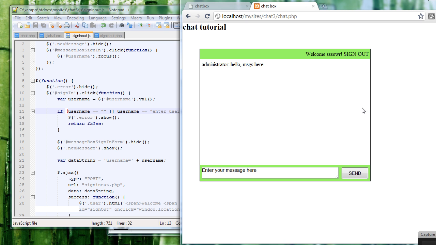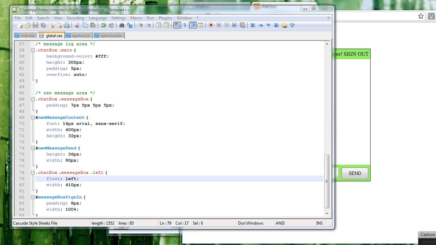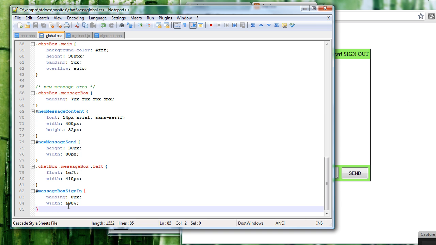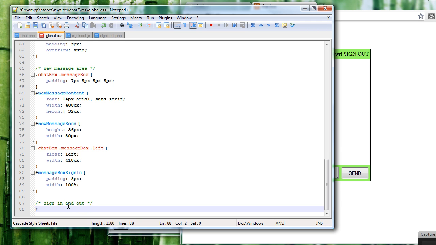But if I sign out, if I click on it, basically refreshes the page and I'm all signed out again. So right now I'm just going to go back to our CSS page. I'll just give some formatting to that sign out button right there. So I'm just going to say sign in and out here,